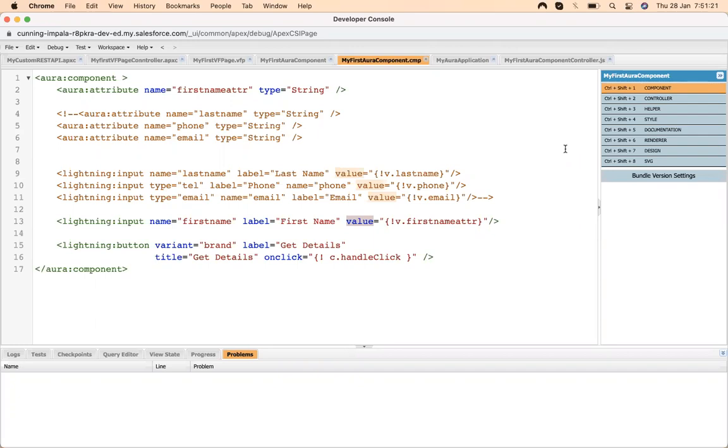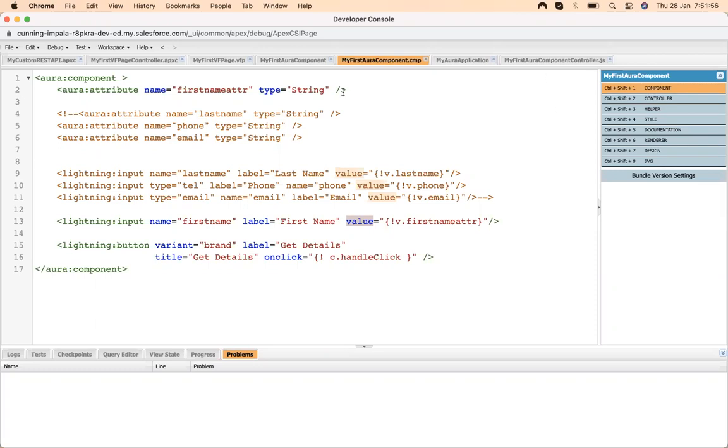Curly braces work in reverse, I guess. Normally, if you put something without curly braces, it means you're assigning a value in the HTML, the value attribute, but this is working the opposite way. So you get the value of this field and inject it into another element. It works as an injection, but it's two ways. It's kind of a weird thing.